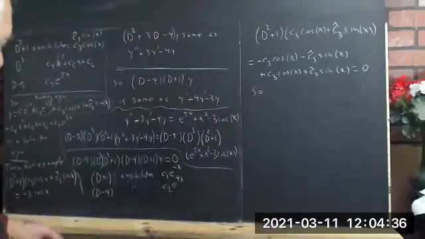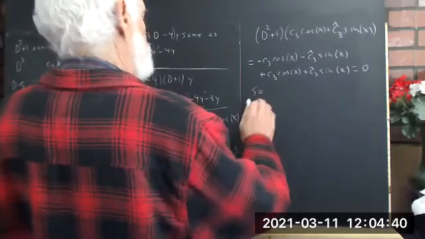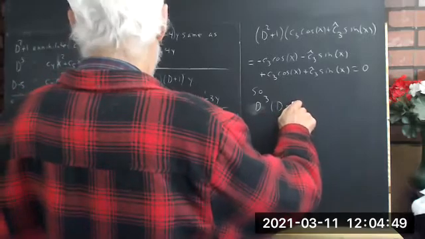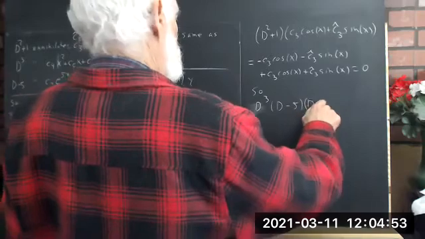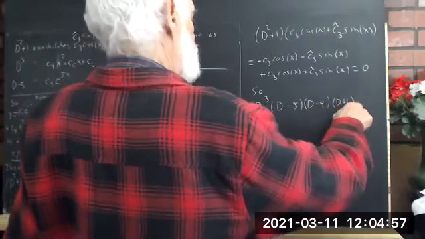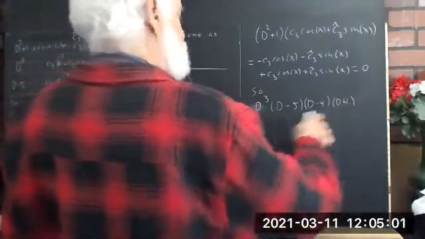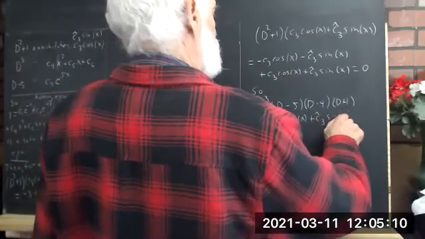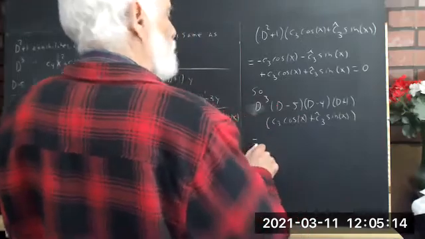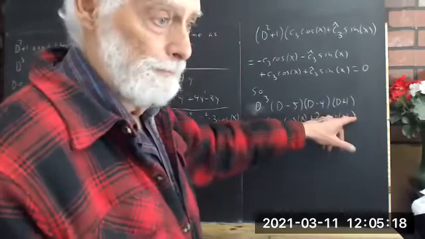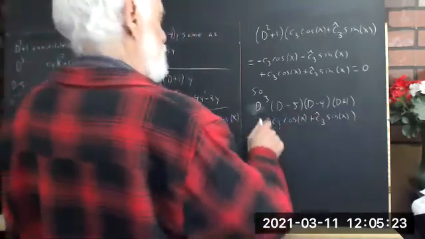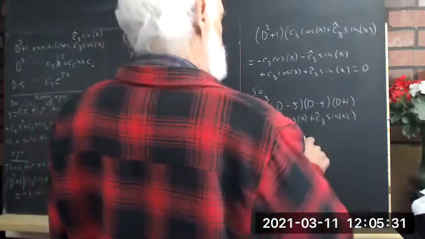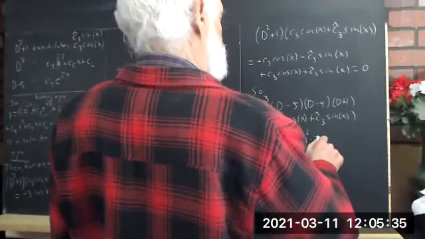So the rest of all this is D cubed times D minus 5 times D minus 4 times D plus 1, this applied to C3 times the cosine of X plus C3 hat times the sine of X equals what? Well, we can expand this. And we're going to get D cubed times D minus 5 is D to the 4th minus 5D. D minus 4 times D plus 1 is D squared minus 3D